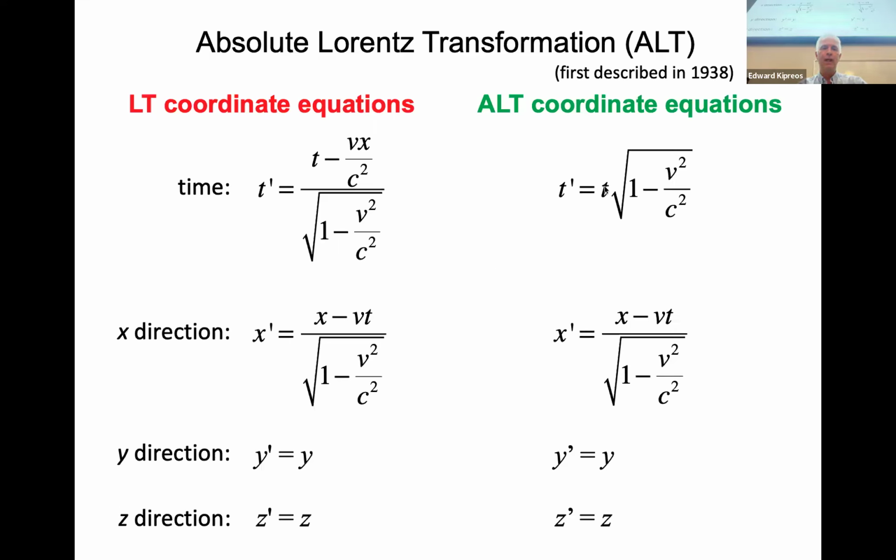And it also has these same four equations, and notably the x equation, the y equation, and the z equation are all the same. They're just the same as special relativity. But the time equation is different. Okay? So if you look at this x term that's in the LT time equation, there is no x term in the alt equation. And because there's no x term, time is not going to be linked to distance. If it's time 0 in here, it'll be time 0 in the moving frame. And no change of time distance is going to change that.